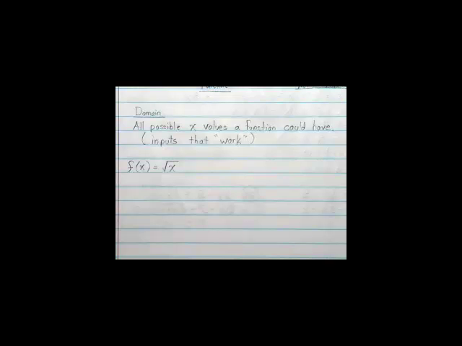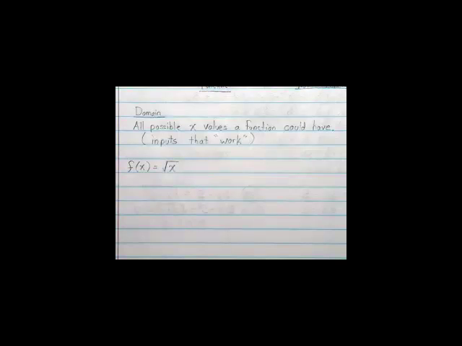Positive? Squares? Square numbers will work. Okay, that'll give me an integer answer. But I could still plug in, like 3 is still okay, right? It's not a perfect square, but square root of 3 is still a number, right? Anything that's positive, or